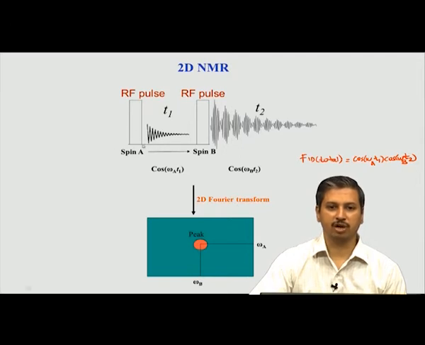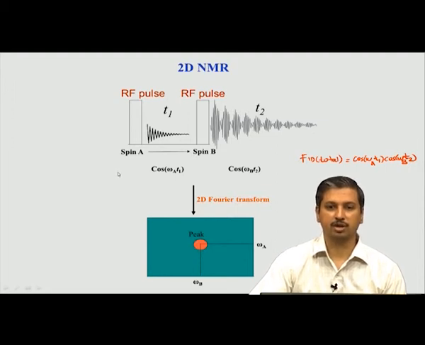A third parameter, which in many cases affects it a little more, is called passive coupling, meaning when spin A is interacting with spin B, there is another spin C which also interacts with A. So, what is happening is A's magnetization is now getting divided into two other protons. One other proton is quietly drawing the energy from A, whereas our main focus was to go to this side. That is called passive coupling, because A has multiple couplings. It may not be coupled to just one proton, it may be coupled to another proton.